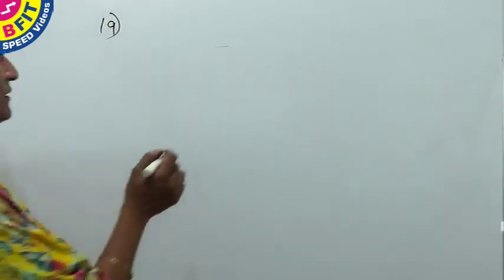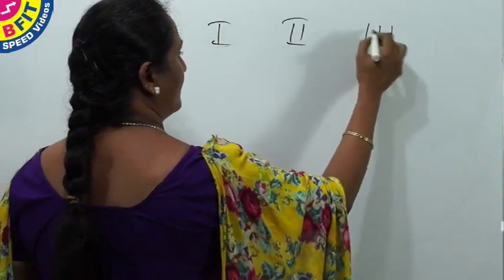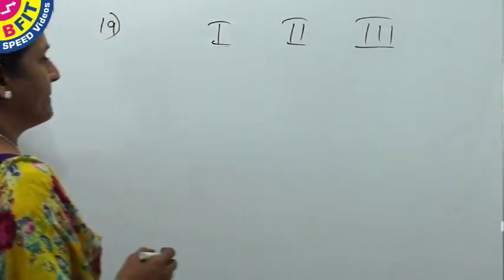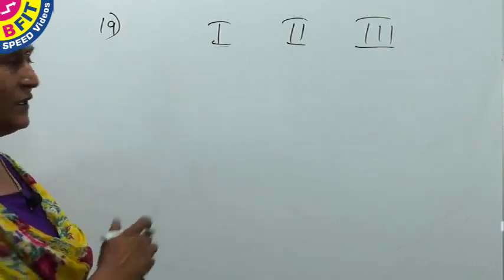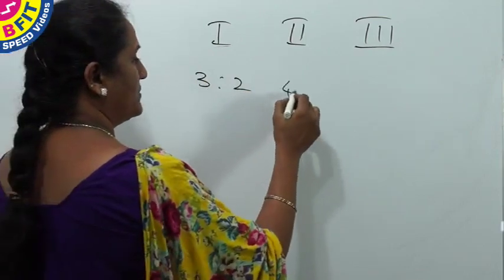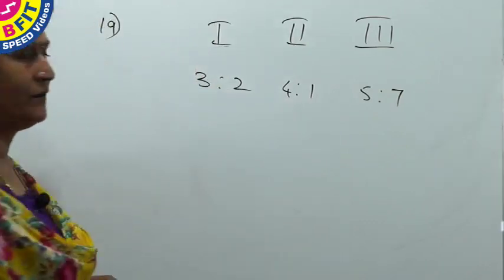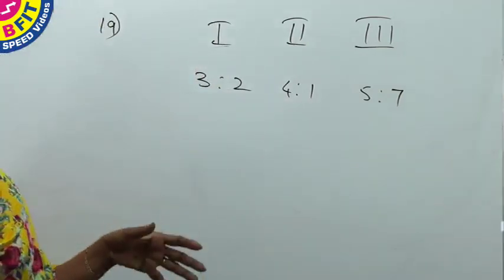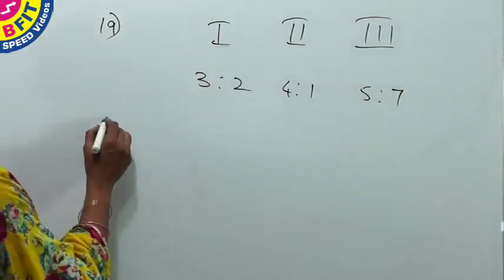So we have three equal vessels, that is of same capacity, equal capacity. So we take the vessels as 1, 2 and 3. And in this ratio of sulfuric acid and water, the first vessel is 3:2 and in the second it is 4:1 and in the third it is 5:7. So when all are added, here equal quantity, equal capacity is given. So when all are added,